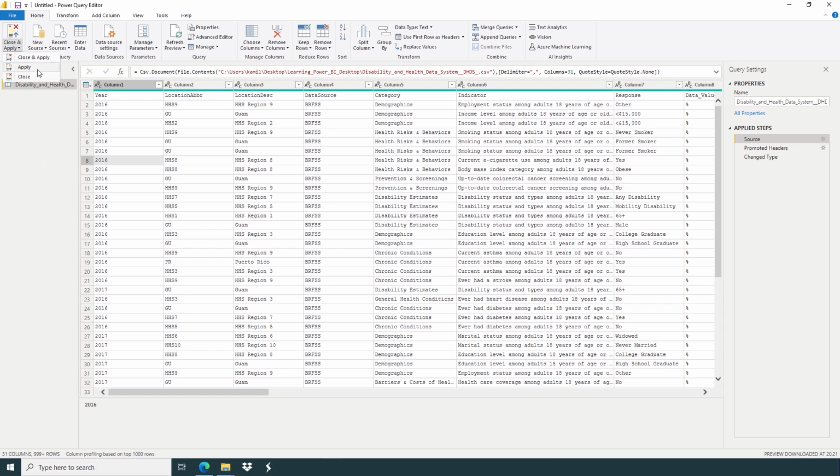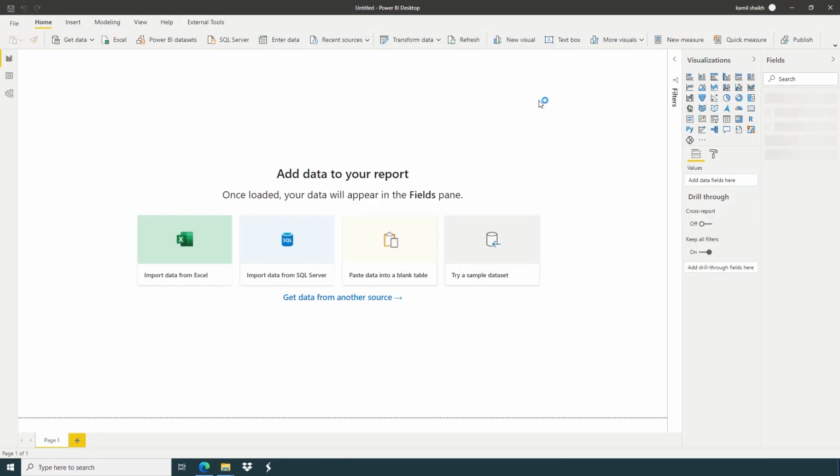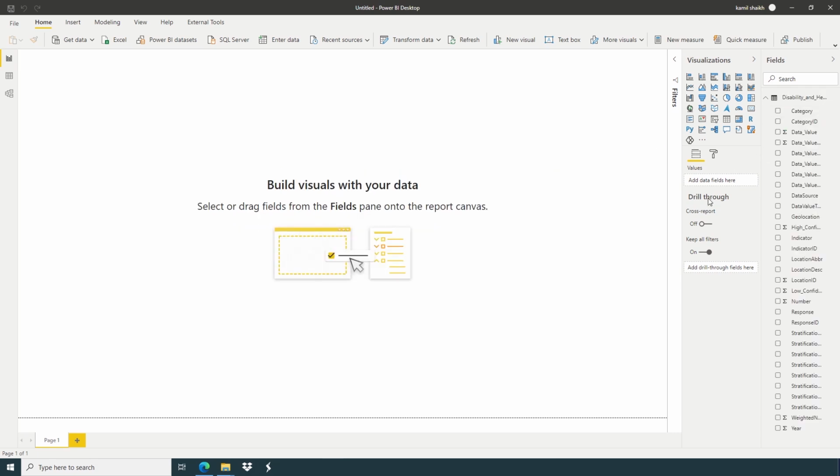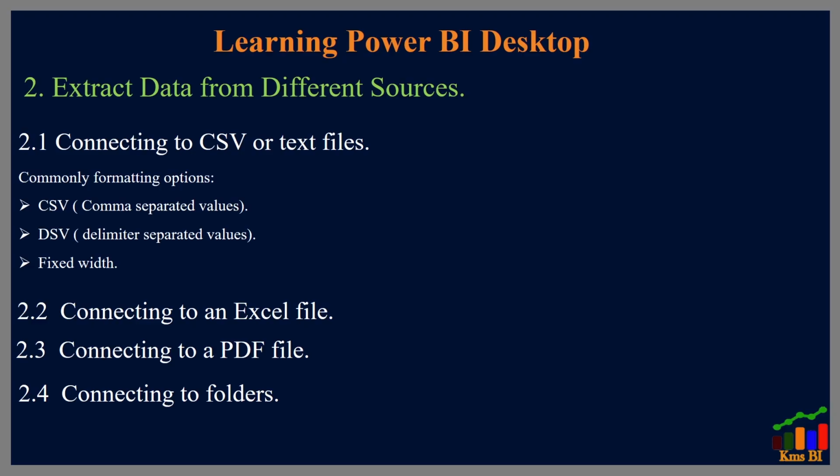Close and apply. So here you can see all the table. Before close and apply, we can also transform and clean our data, but we will discuss that in an upcoming video.